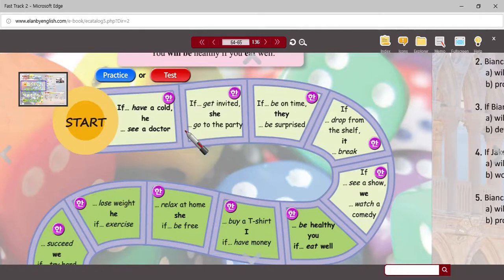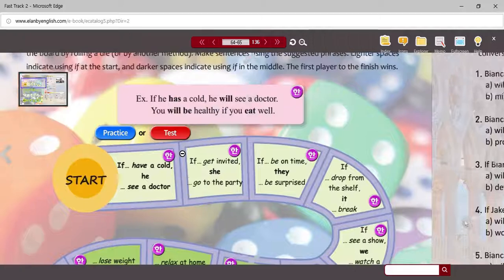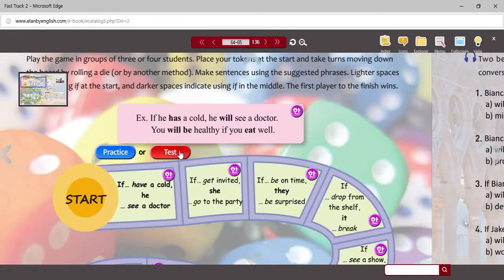Okay. So I'll let you play that or practice that. You can do that now or some other time, but if you don't need to do it now, that's fine. But you can come back, you can do this in your book or on your own, and you can review it.